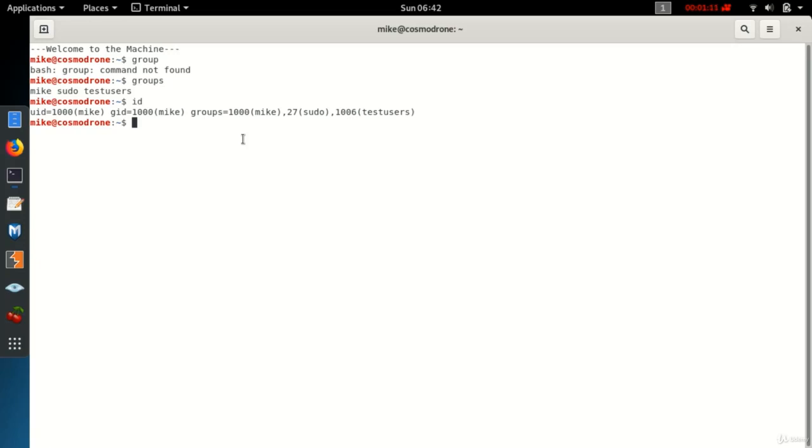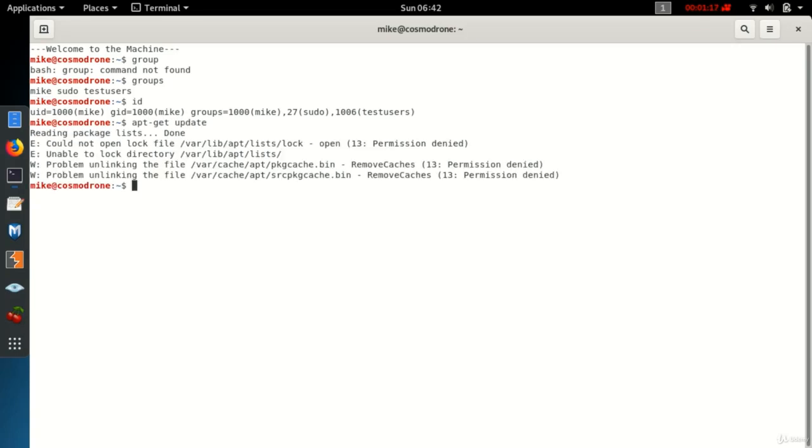So first, let's update our current package information. If I just type apt-get update, we see here that permission is denied, permission denied, permission denied. The reason why is because I'm not the root user. So I'm going to have to type in sudo, superuser do, to execute this root command. So I'll type sudo